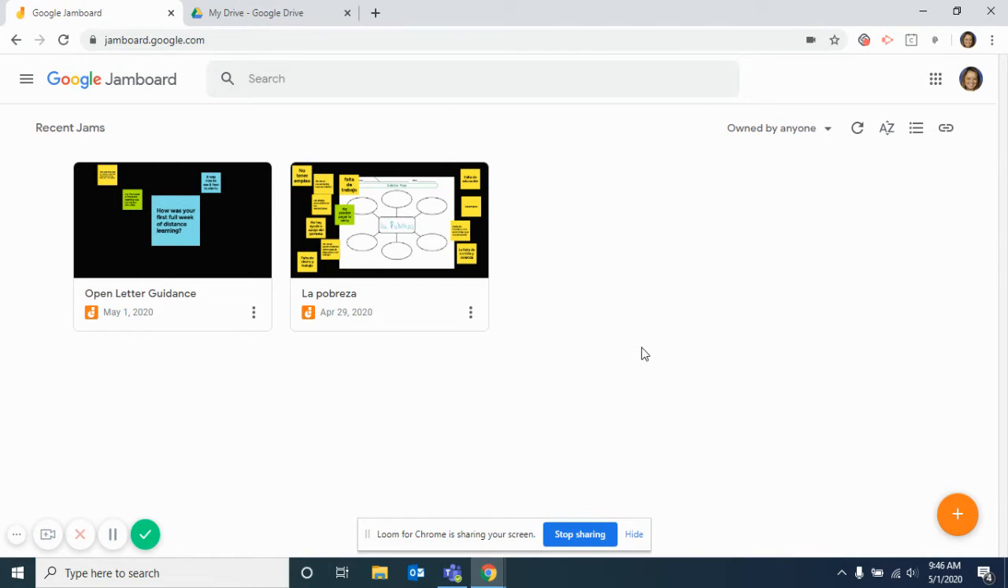This is your personal account. If you're signed into your school email, then it will be connected to your school email. If you're connected to your personal email, then it will be connected automatically to your personal email. The one thing that I found is that unlike the rest of Google applications, it does not automatically save to